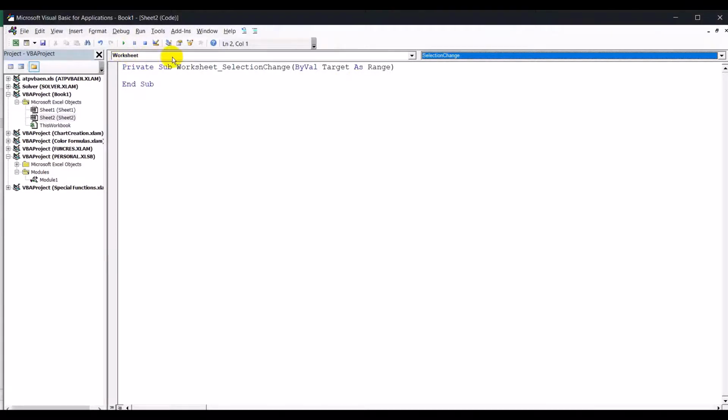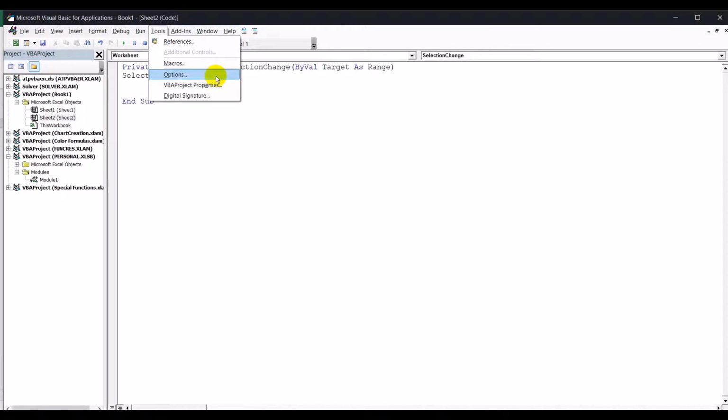So Worksheet, because we are using worksheet events, and the worksheet event name is SelectionChange. So in any worksheet, if you change any selection of a cell, whatever you are typing now will happen. That is, whatever you select, that is Selection.Columns.AutoFit. Let me change the text size.